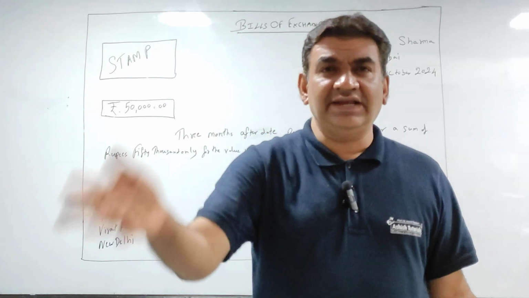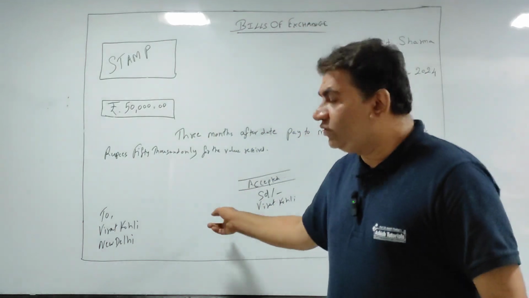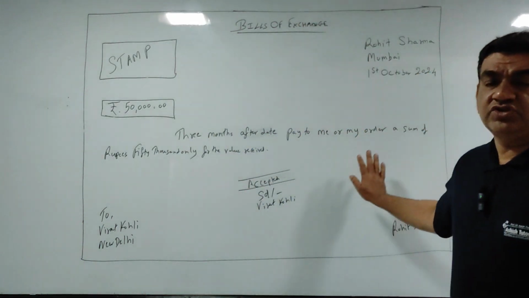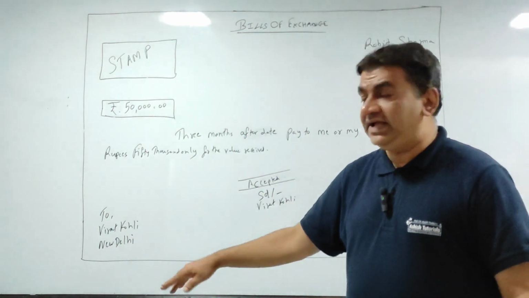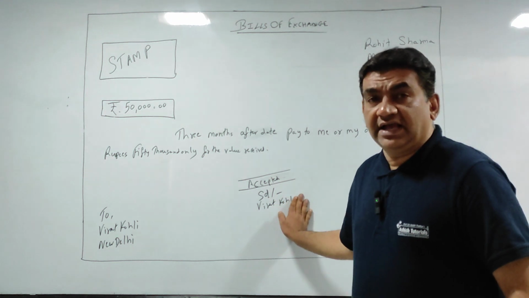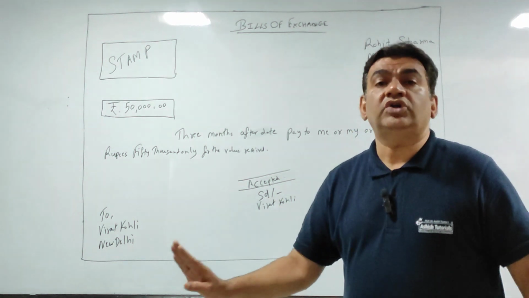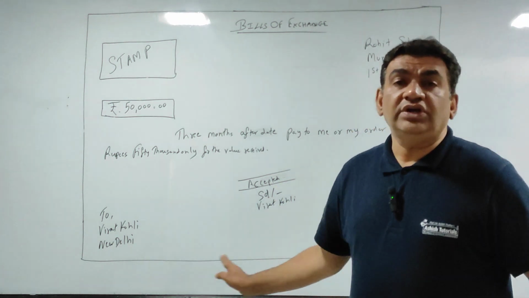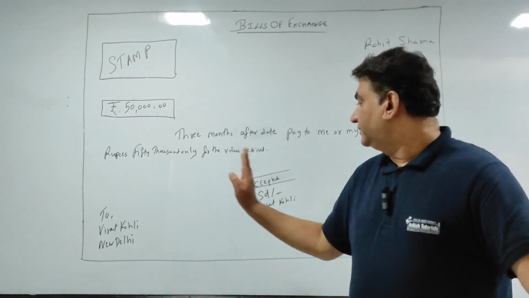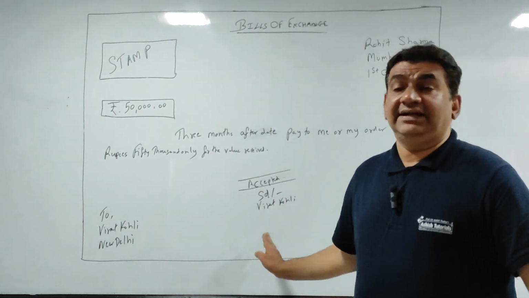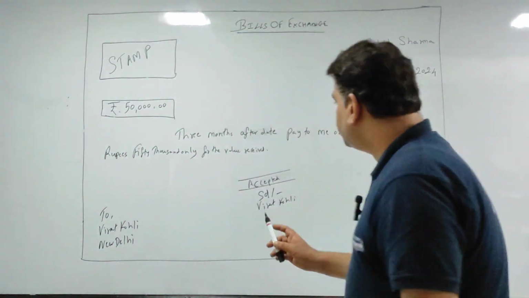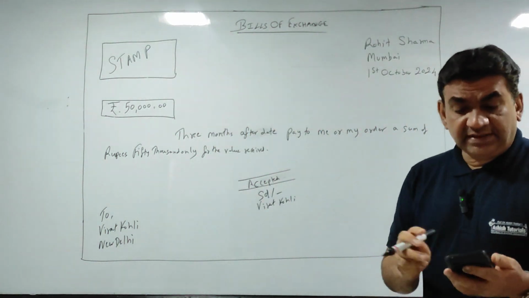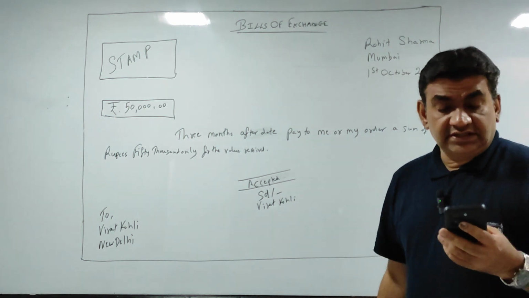विराट का साइन खाली तो होगा ना, बिकॉज विराट बोलेगा पहले तू तो साइन कर, बाद में मेरी साइन करूं। सो विराट कोहली का साइन बाद में आएगा, बिकॉज पहले ये बिल बनाएगा, खुद साइन करेगा, फिर विराट कोहली को भेजेगा। सो सेकेंड सिग्नेचर विराट का आएगा। टिल द टाइम ड्रॉर एंड ड्रॉई, ये केस में रोहित एंड विराट डोंट साइन, इट इज नॉट वैलिड। नाउ विराट ने साइन किया, नाउ देयर इज अ पॉसिबिलिटी विराट में एक्सेप्ट ऑन द सेम डे और आफ्टर फ्यू डेज।